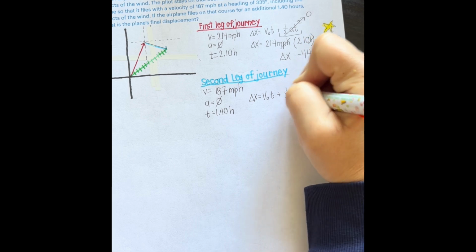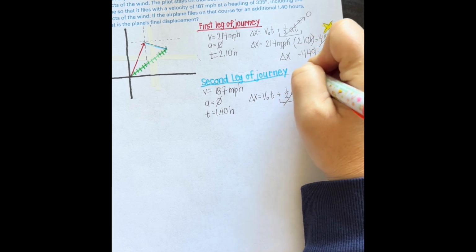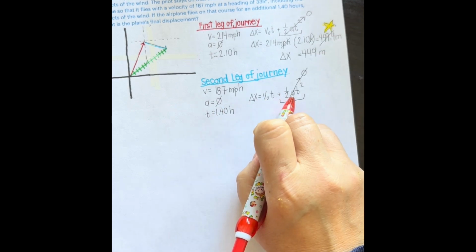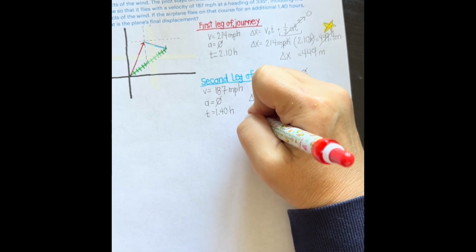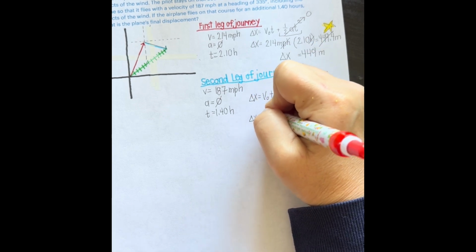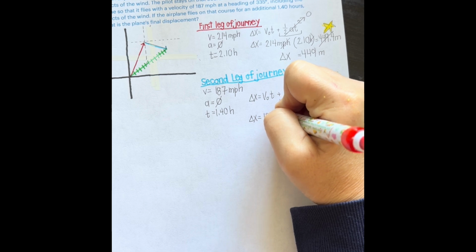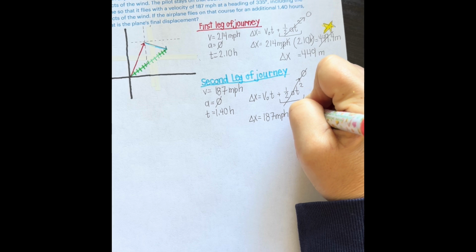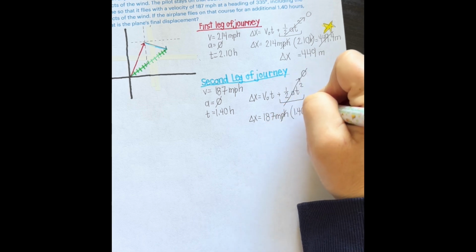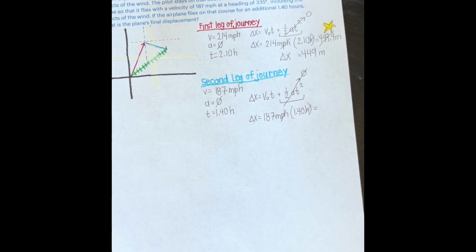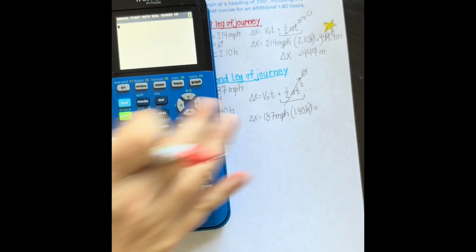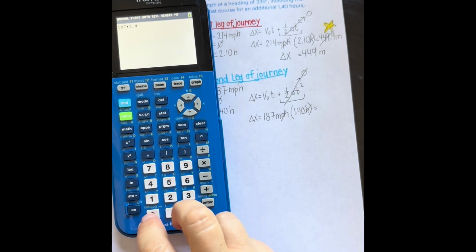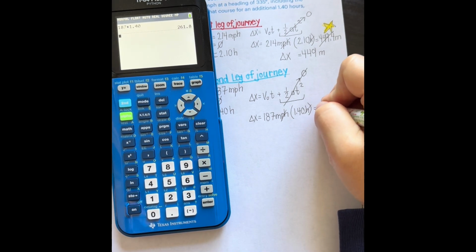I'm writing that one now. And then once again, for this little portion over here, I'm just going to get rid of it, because with a zero acceleration, anything times 0 is 0. So we're left with the displacement is the 187 miles per hour times 1.40 hours. The hours drop out. And let's go ahead and grab the calculator and say 187 times 1.40 equals